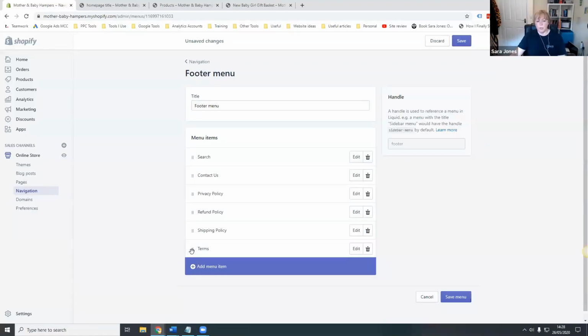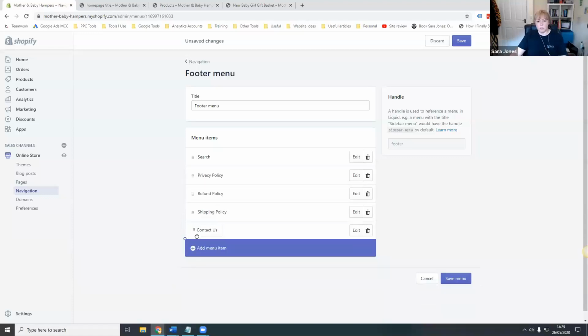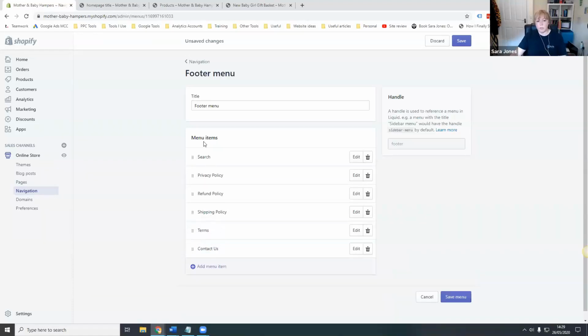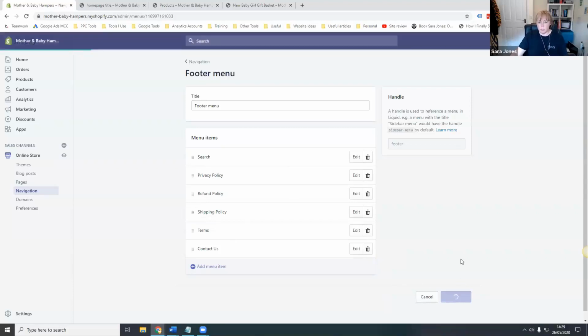You can rearrange them in the right order. You can drag them around like this, and reorder them to make them the order that you want. Now, I have done this so many times. You have to save the menu down here,